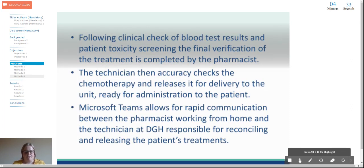As ordered and dispensed prior to blood results being reported, it is vital to ensure there is documentation of the pharmacist having checked these results before any chemotherapy is handed over to the outpatient unit for administration. The technician based at Dr. Gray's Hospital is then able to assemble the component parts of the chemotherapy to release it to the unit for